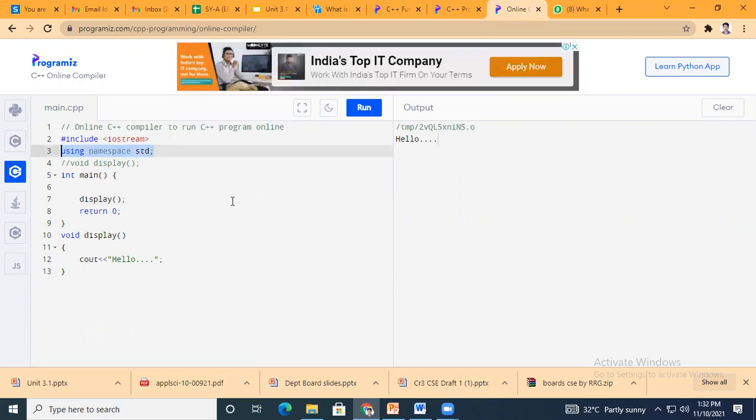See, for this online compiler, it gives a default namespace. Just remove that namespace because it is there only for that particular line.